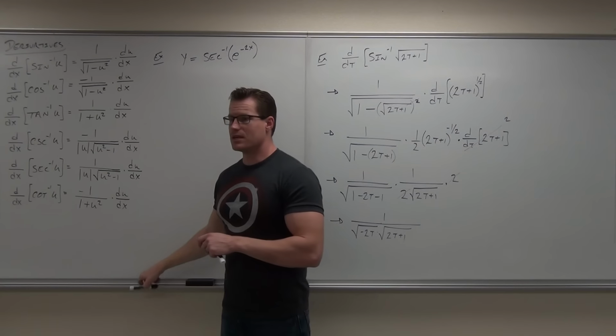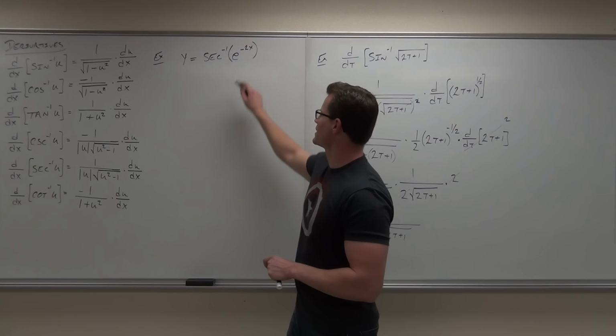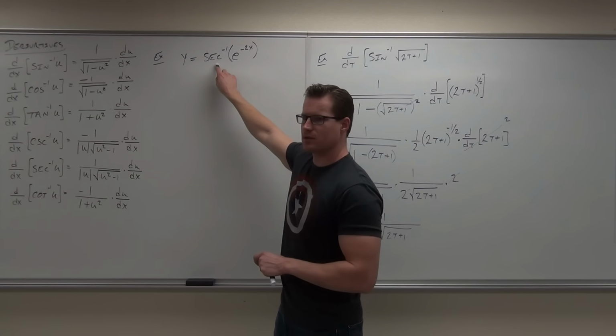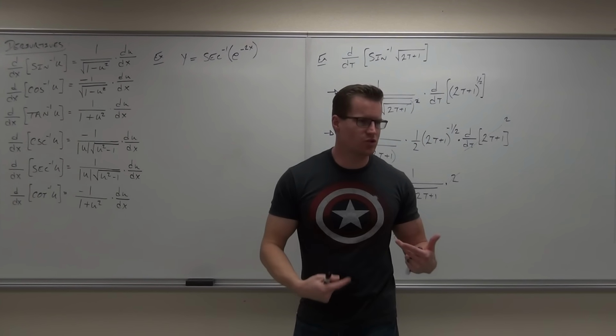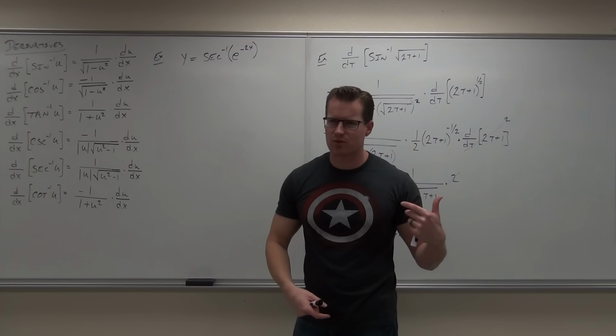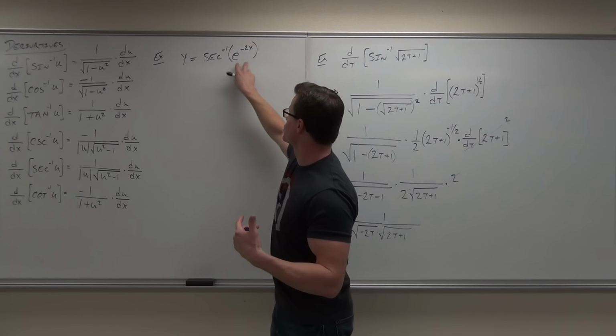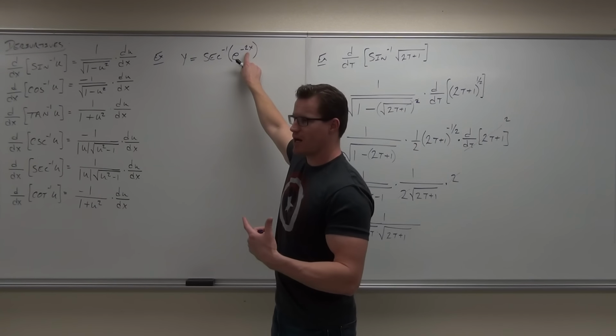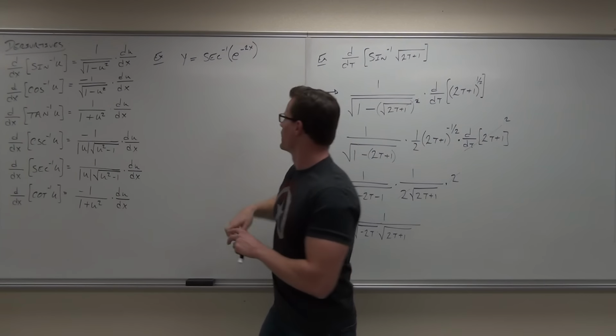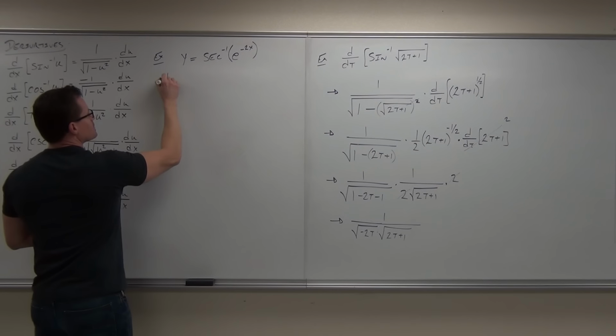The e. Okay, so what are we going to do first? We take the derivative of this or the derivative of this? Yeah, because it's a chain rule. It's going to be like two chain rules like we had last time. Would you see the two chain rules I'm talking about? We got chain rule because it's not just x. Then we've got chain rule because it's not just x. We get two of them. So dy dx